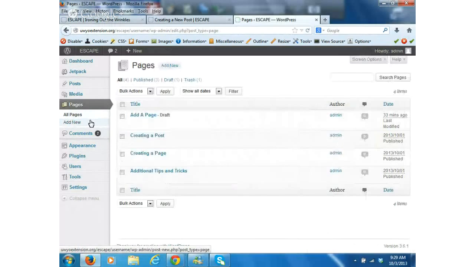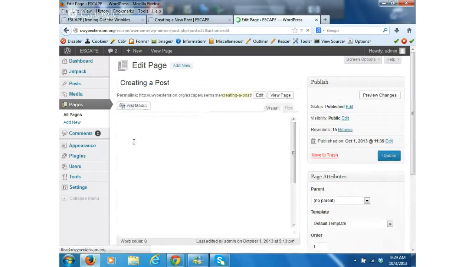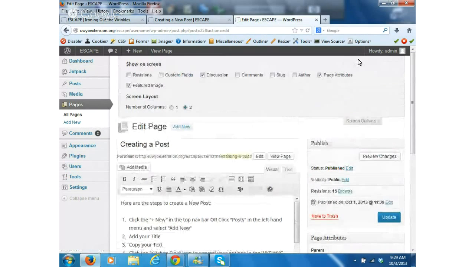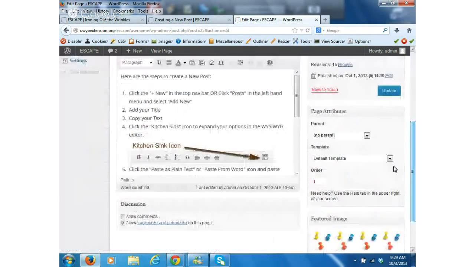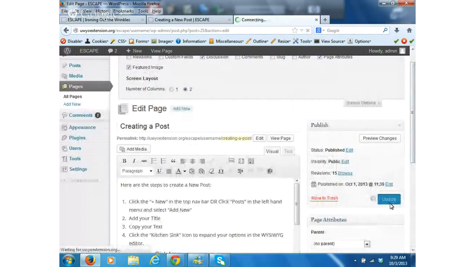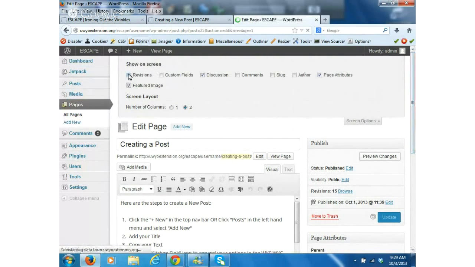Mine's being slow. Here's a list of all the pages that I have. I want to edit this one. I click edit, and my screen should come up where I can go in and play with my content again. I'm just doing that to make sure, because what I'm wanting you guys to find is